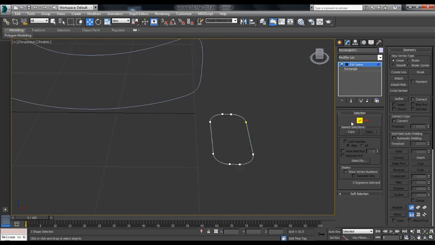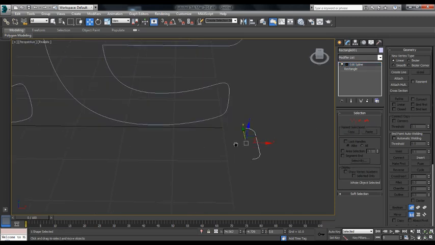We have segments which connect vertices together, and we have spline, which is the entire line around the rectangle. Okay, what I'm going to do is delete most of these. So I'm going to delete from here round. I'm going to select this one, delete. I'm going to select this one, delete. Then I'm going to come back out of this segment mode just by clicking. So now we have